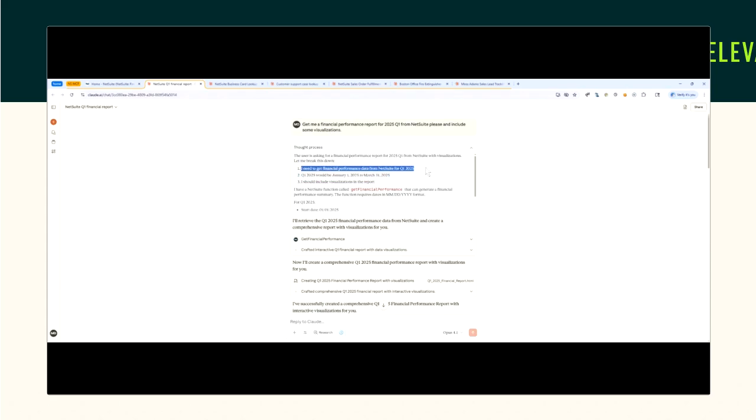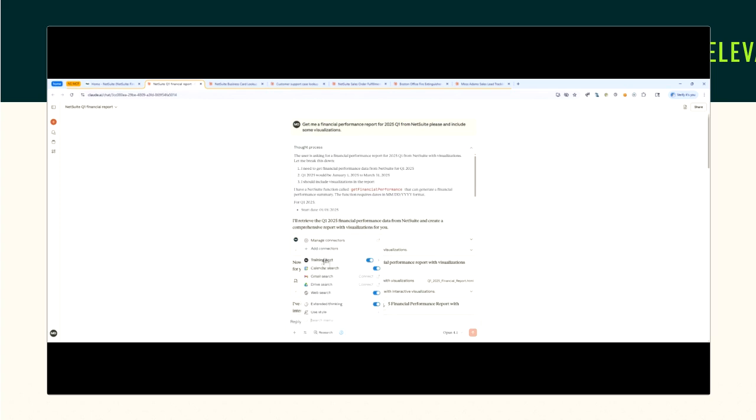First, I need to get financial performance data, and it's trying to define when is Q1. And then it also points out that I asked for a visualization in the report. And it notices right here, it does have a NetSuite function called Get Financial Performance. So this is one of the tools that's been exposed within my NetSuite account to do a certain thing.